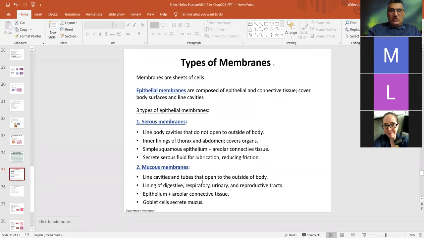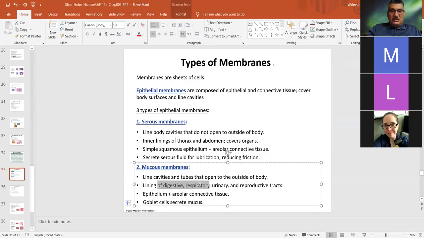Next type is called mucous. Why did you call it mucous? Because it secretes mucus. What's mucus? Mucus is a more viscous and thicker type of secretion, unlike the serous, which was watery. Give me examples. Lining of the digestive system, respiratory system, urinary system, reproductive system. You secrete mucus in any one of those. And the other thing is,